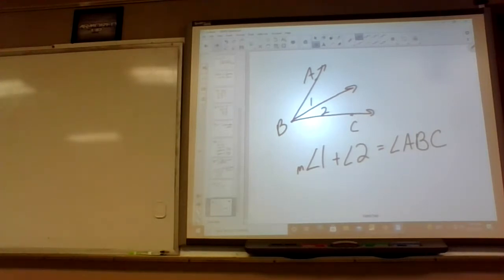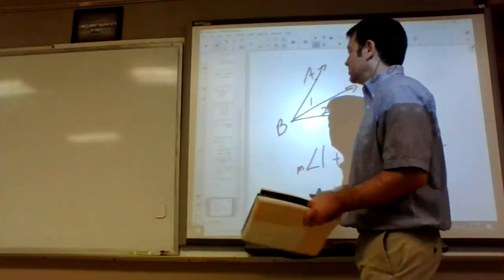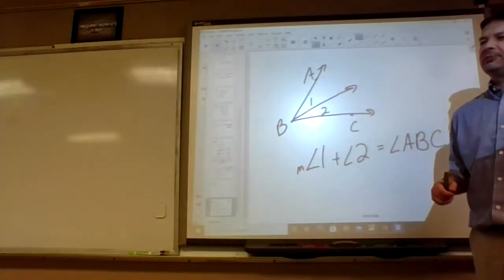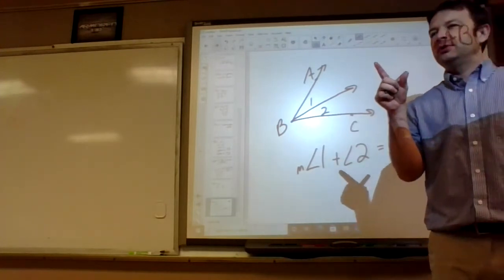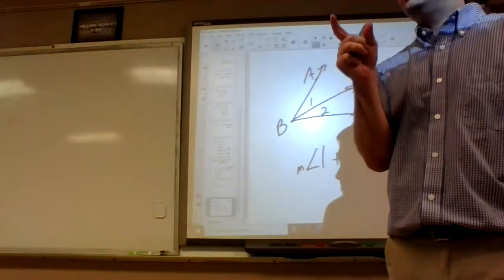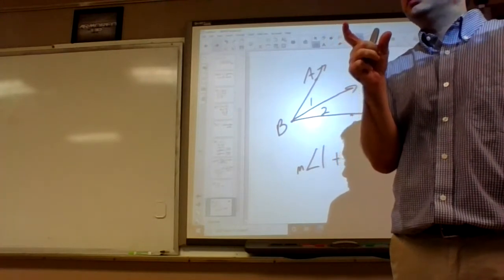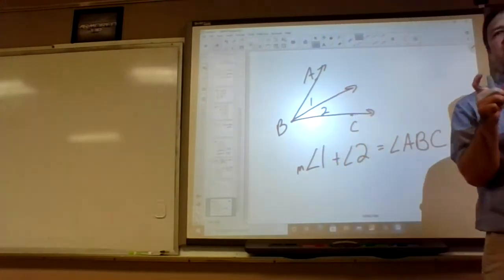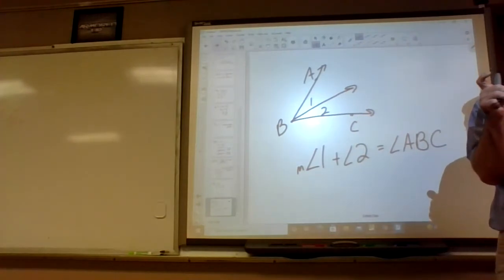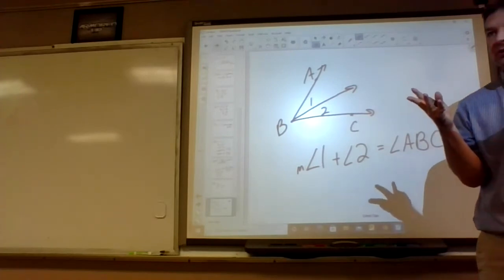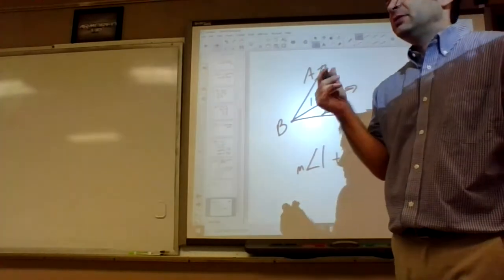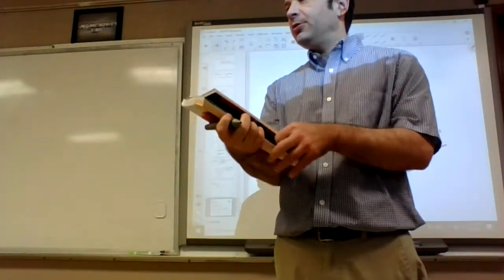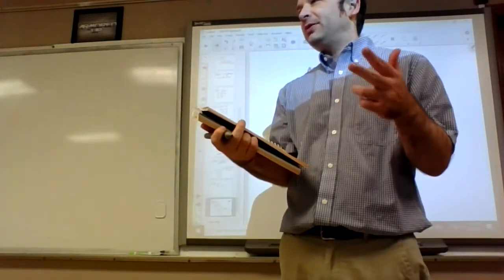90. Congruent supplementary angles are right angles. What does that mean? It means if you have two of the same angle that adds up to 180, what do they have to be? Whatever half of 180 is, which is what? 90. Okay, so what they said was congruent supplementary angles, two angles that are the same that add up to